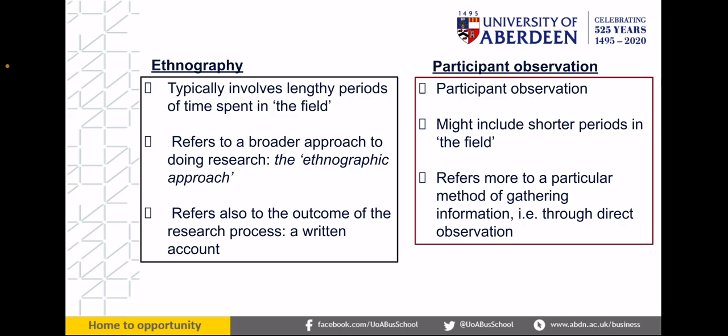While participant observation is one of the methods of undertaking ethnography, right? Ethnography is a science that studies cultures and societies, with participant observation being one of its methods. Now, ethnography again is a strategy or a field of study, while participant observation is a method of research or a method of data collection. So participant observation is one of the methods for undertaking ethnography.